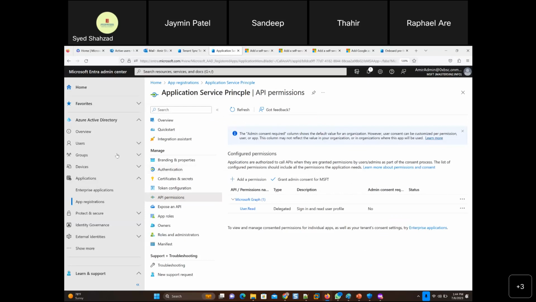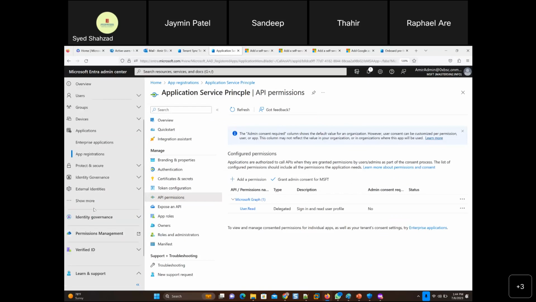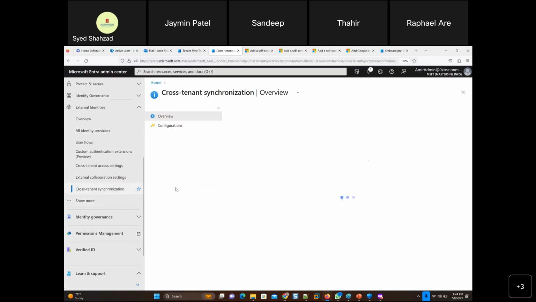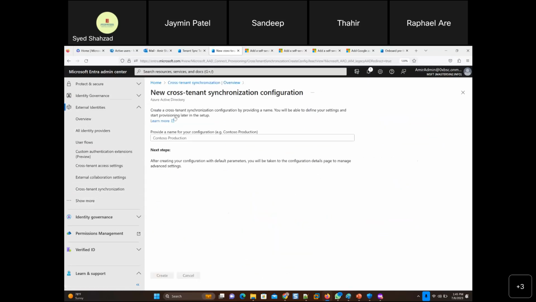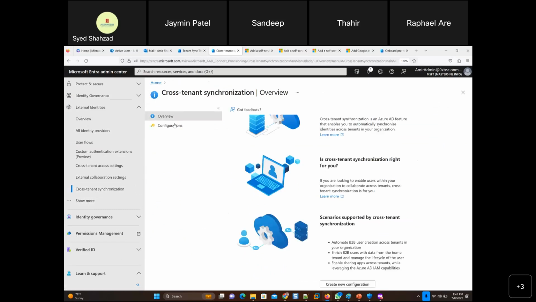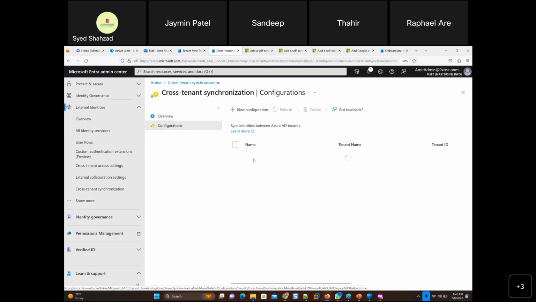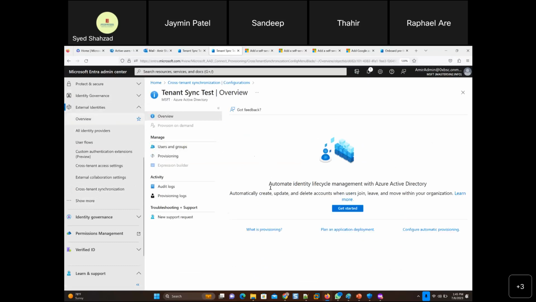Okay. So we were talking about service principals and external identities, and oh yeah, we were talking about cross-tenant synchronization. I had actually created that name there, and if I go to configuration, there is that name that I created, tenant. We have two tenants as well, but it says pretty much that, hey, if you really want to do cross-tenant synchronization, then go ahead with this.